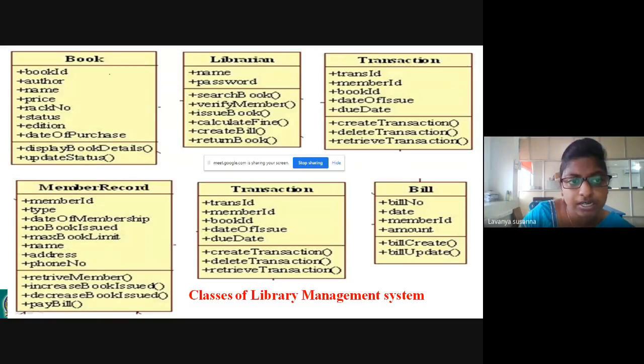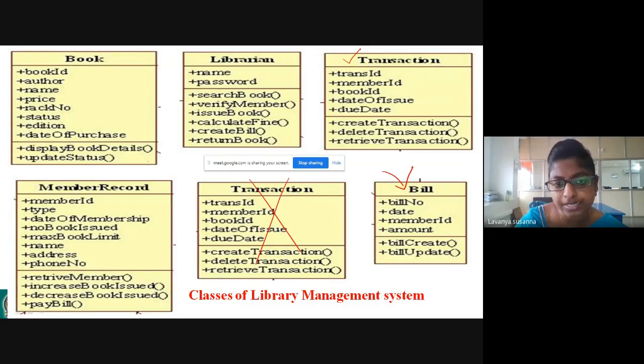Next, book. Book is a class. Next, a transaction. Why transaction? See, if there is a due date, you need to pay the amount, right? Online. So, transaction. Next, billing. Bill. These are the classes we need to identify.